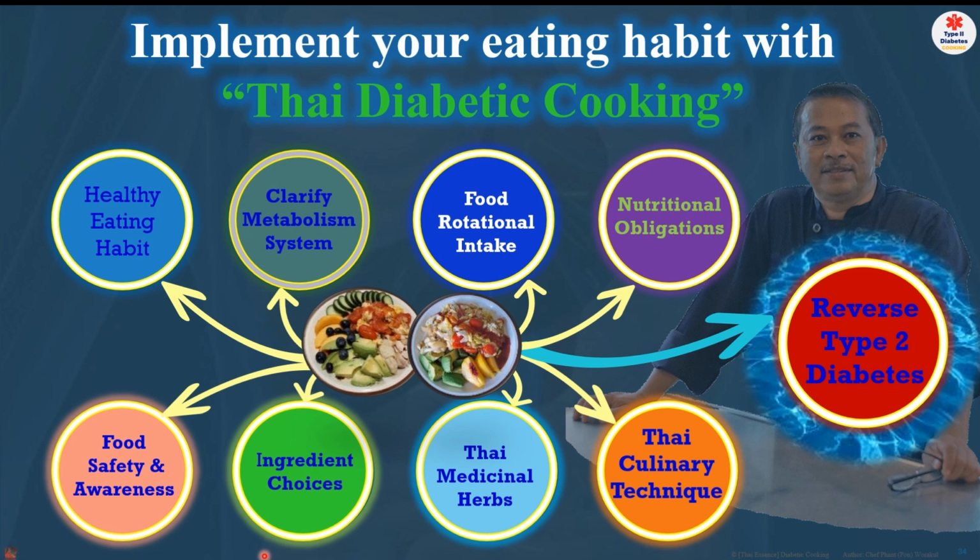Some people do everything organic. For me, sometimes you don't need organic. You want to make sure the food is natural and comes from soil that you know. And you have to be able to clarify your metabolism system, because sometimes this thing you can eat, that thing you cannot eat. So just write down notes: I like this, I can't eat that. That is going to help you when you decide your own menu.